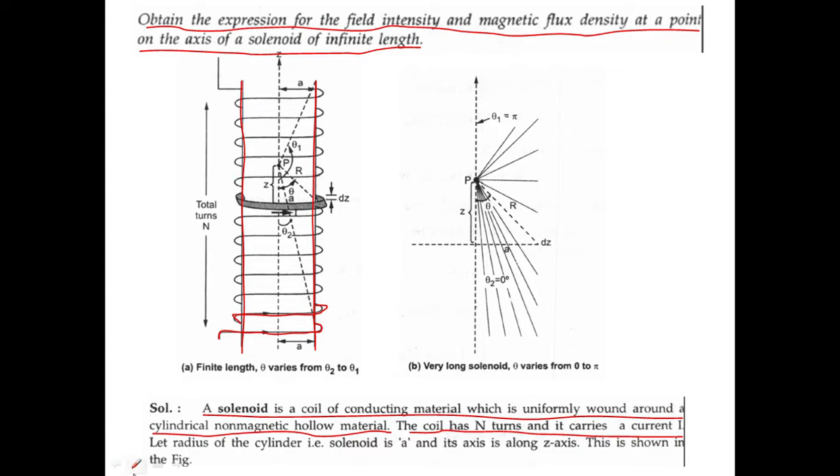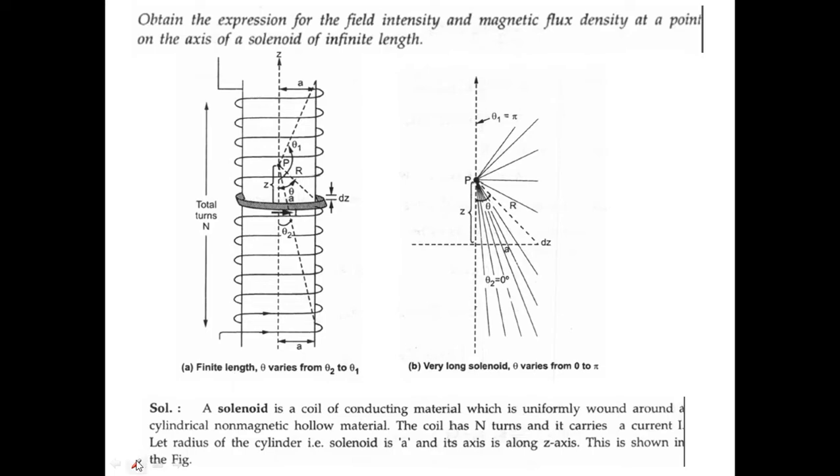So first we'll understand the diagram. Now this is a solenoid. Since we cannot take everything for the analysis, I'll take one small length of the solenoid, dz. I'll take this part for analysis, whose width is dz. The total length we are not taking, we are taking only the length dz.